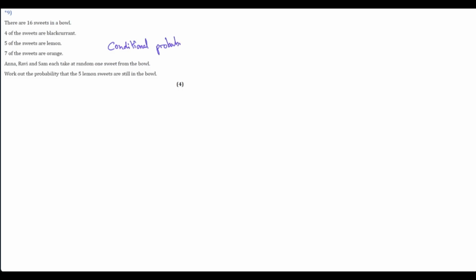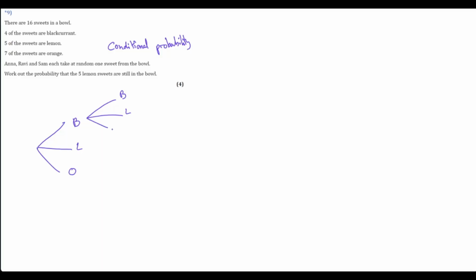And the reason for this is because if we take a sweet and we do not put it back, what happens is there is 1 less the next time we pick a sweet. So if I was to do a probability tree diagram, you can see there's 3 different types of sweets. So 1, 2, 3. That would be B, L, and O. For example, if I pick a blackcurrant,